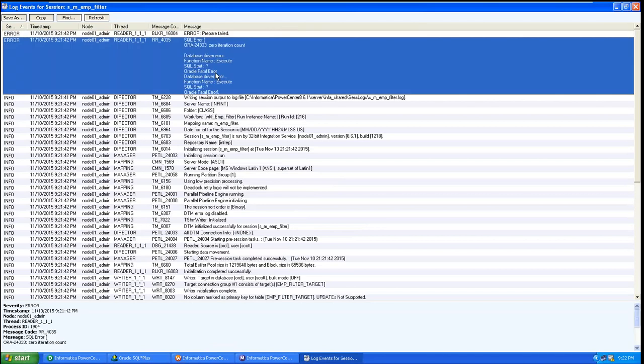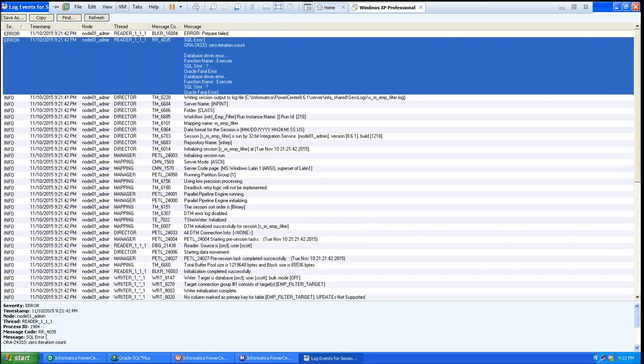What is it saying? It is saying that while executing the SQL statement, it is giving a fatal error. Before that, zero iteration count, database driver error, function name execute, SQL statement, question mark is there.